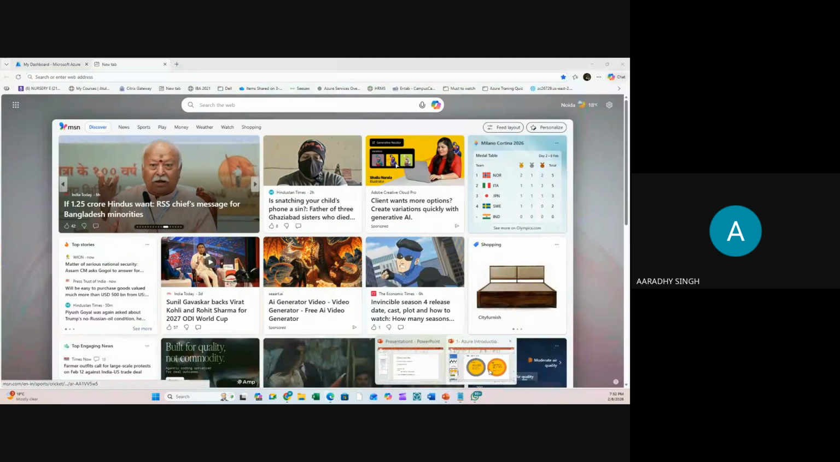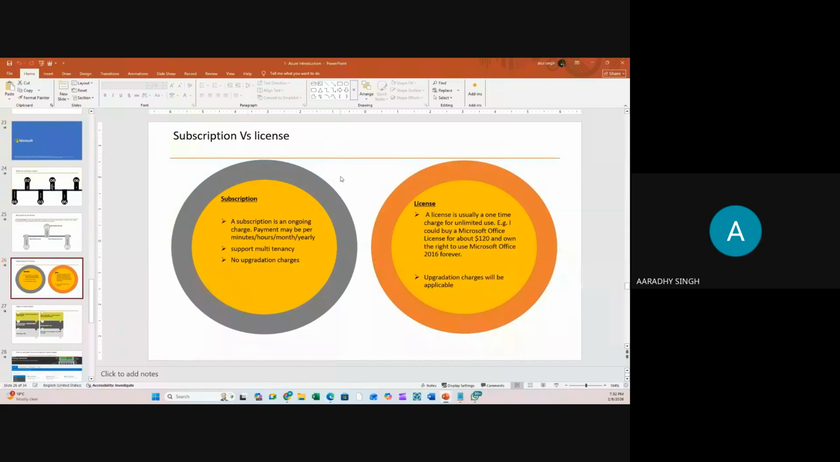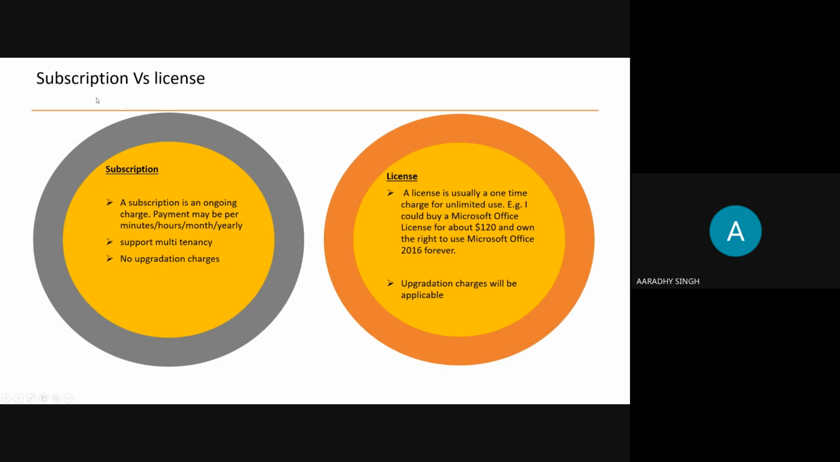Next, there are two types of services available. 99% of Azure services are working on the subscription model. Now the question is, what is a subscription? Subscription is ongoing charges, just like an Amazon Prime subscription. In Amazon Prime, we pay per year, like 1,000 rupees or 1,500 rupees per year. Here, the charges will be per minute. Whatever you're doing, you have to pay for every 1 minute. For example, I have 10 machines and I'm using them for the last 10 minutes. After 10 minutes, if you delete them, you have to pay only for the 10 minutes,